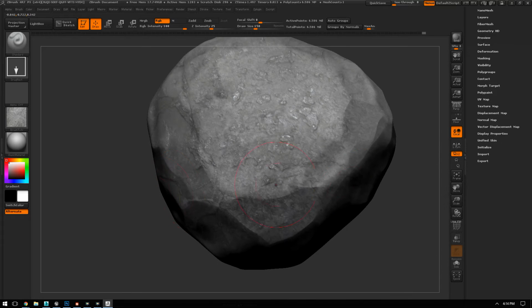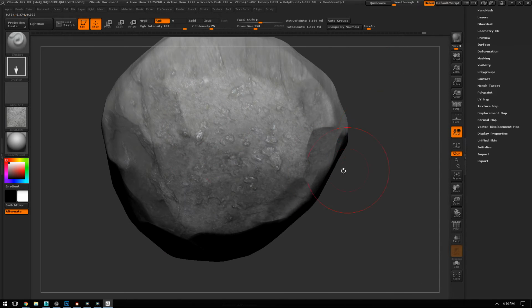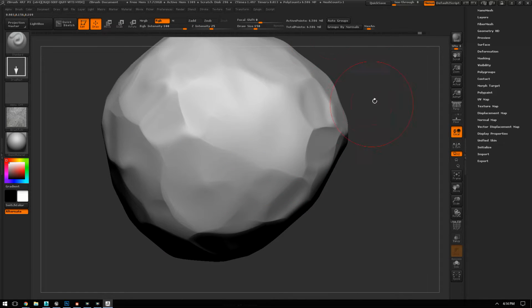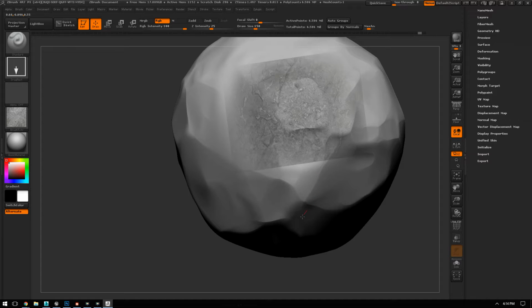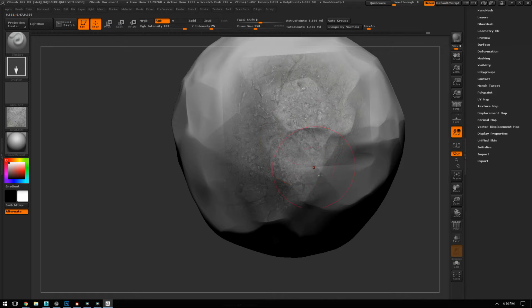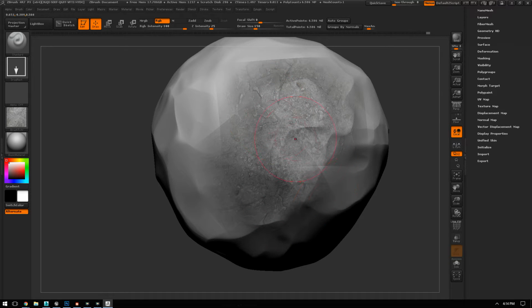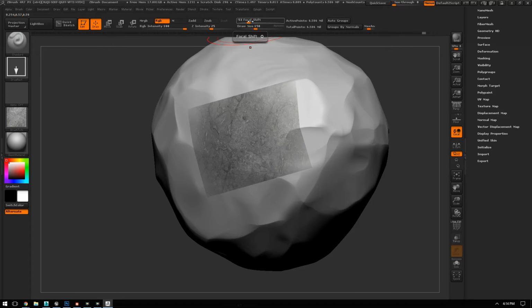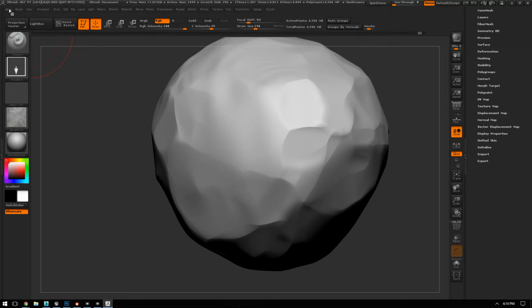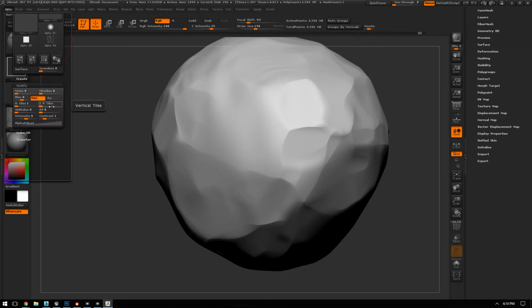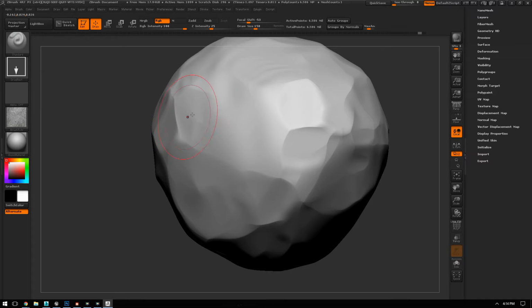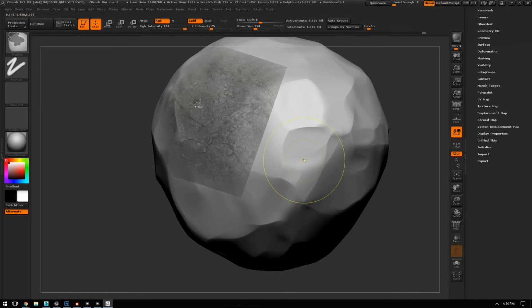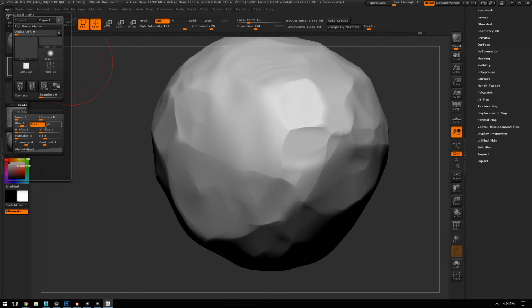Now, in terms of the blurriness of this that you can see, I need to make sure that I am high enough poly and that I don't drag this thing too far. Now, see that hard edge I'm getting here? That too is going to be a bad thing. And so I'm going to bring back that focal shift a little bit. And under alpha modify, I'm going to increase the radial fade a little bit. And what this should do,